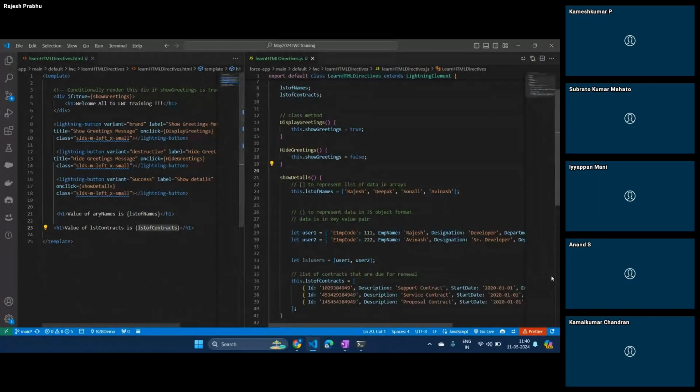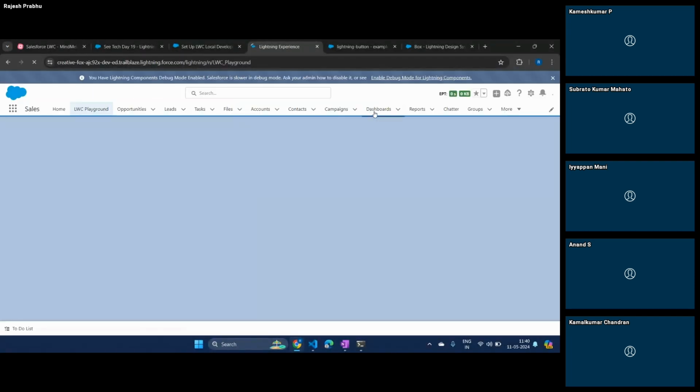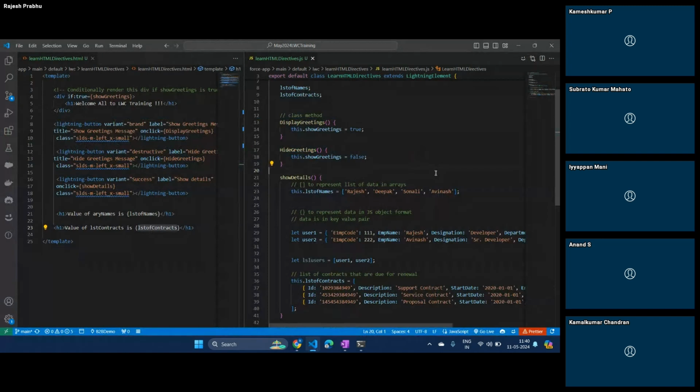Line of code and then show it on the screen first. Okay, so first let's run this. Now you can just see this, right? The output that we are seeing is object, object, object, object. So basically this is the one, right? Yeah, because it is in the object format, it is not possible for the HTML to parse this object and